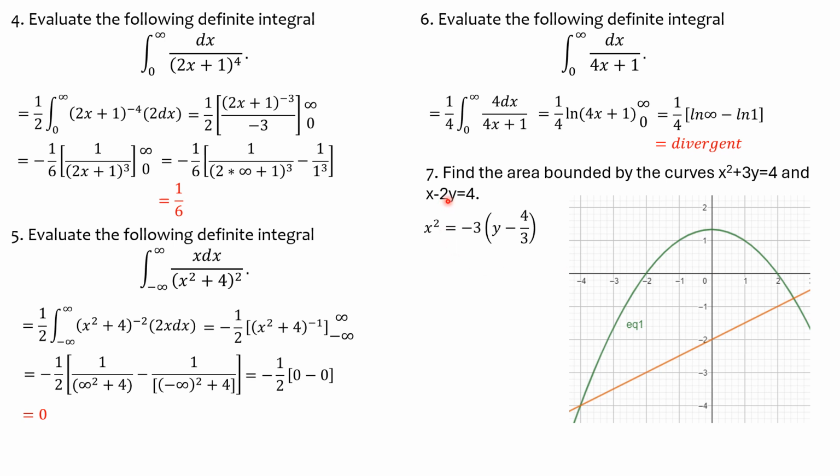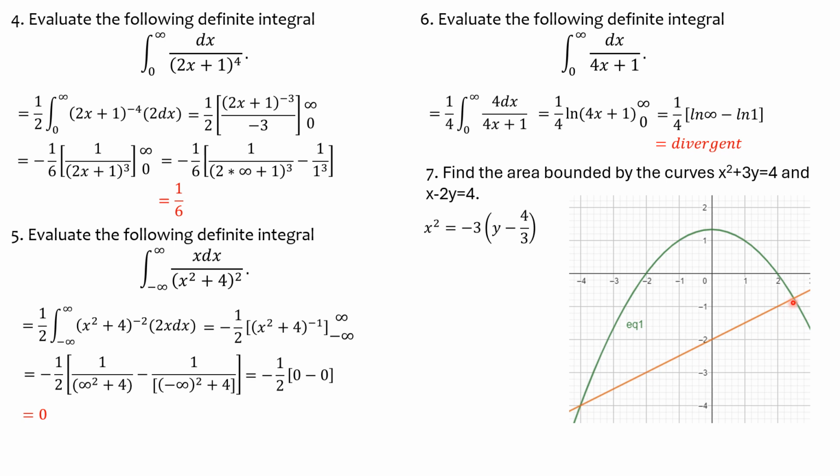Then plus y over negative 2, because negative 2y over 4 is also plus y over negative 2. So the y-intercept is negative 2. Then joining these points (4, 0) and (0, negative 2) and extending, this is the line x minus 2y equals 4. And this is the area bounded.